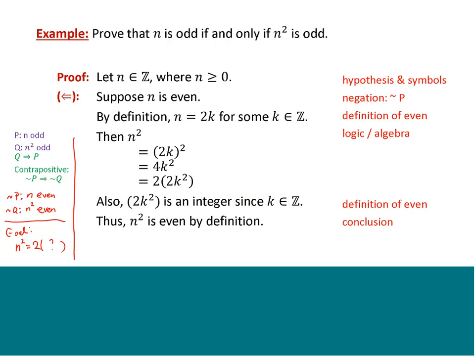Now, here's the conclusion, and this is the part that I forgot to type up in the slide. When you do a proof by contrapositive, so you're using not the original statement, but the contrapositive of the original statement, you do have to do a final sentence, and this is the sentence I forgot to type in. So what you say is